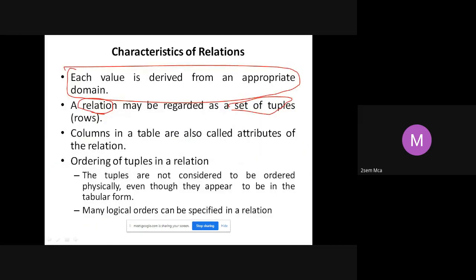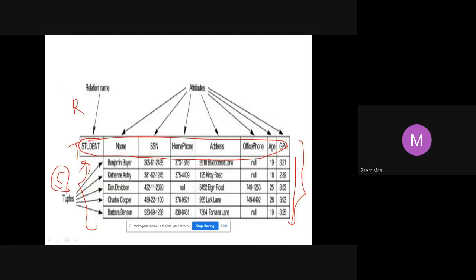Columns in the table are also called attributes. We have seen that. Ordering of tuples: tuples means rows, attributes means columns. Tuples are not considered to be ordered physically. That means you don't have to maintain any order. You can enter the details however you want. Physically, there is no order to be maintained when you enter all these 5 records.